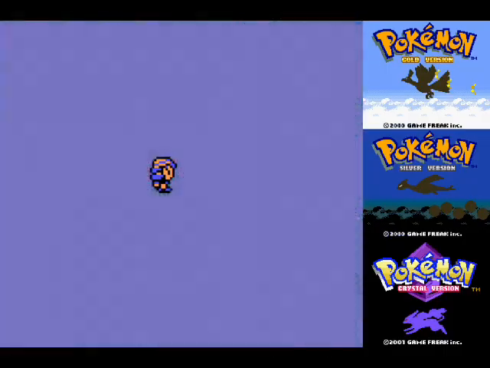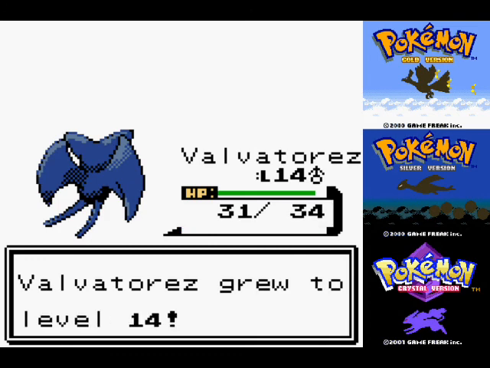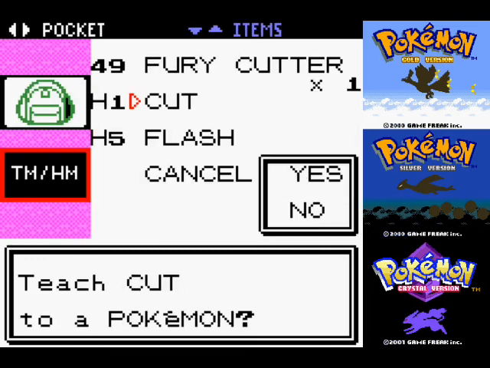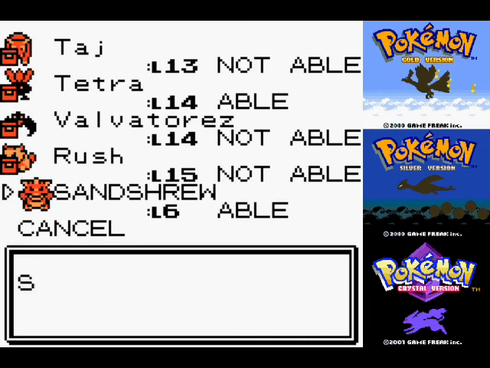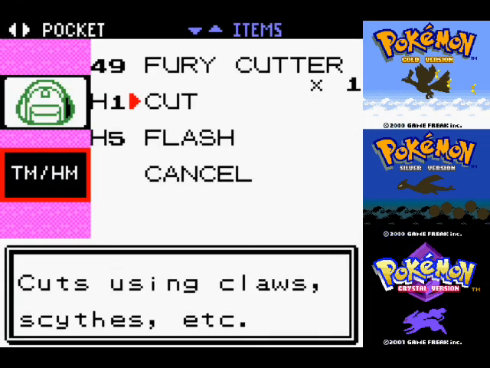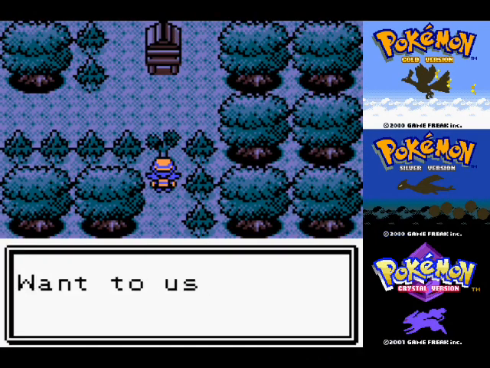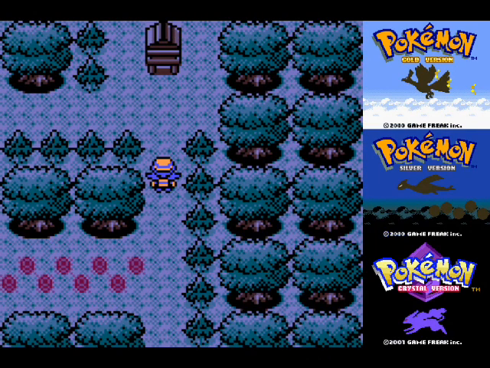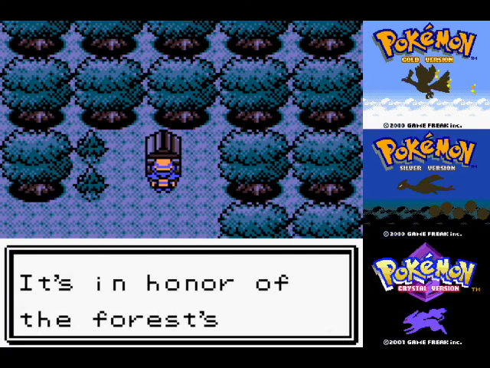But anyway, so I realized I didn't teach Cut yet because I only just got it. Level 14. So we could actually have taught Tetra Cut, but we don't want to do that because Tetra needs better moves and Sandslash isn't exactly a permanent member. So now we can cut down trees. Do you want to use Cut? Boom. Just like that. It's easy. You wonder why we don't have a hacksaw or something like that, but I don't think they want to trust 10-year-old kids with